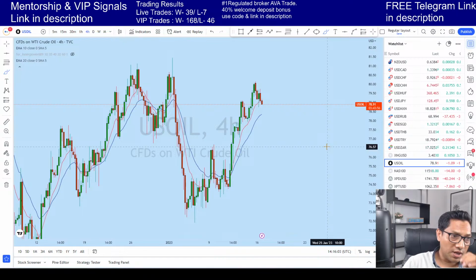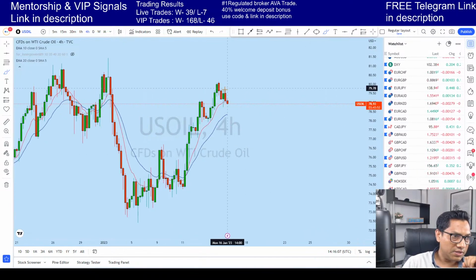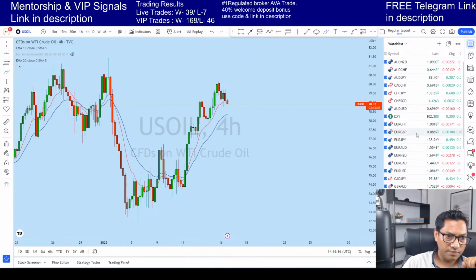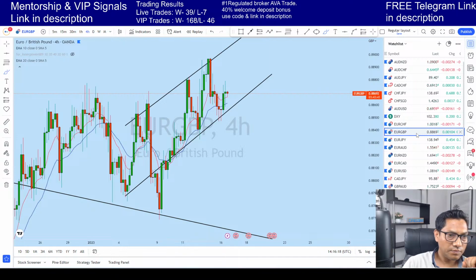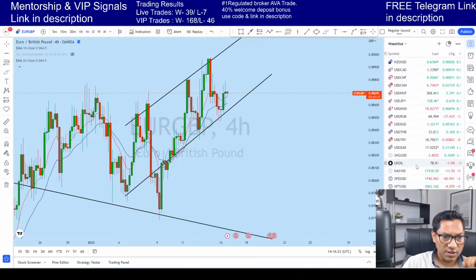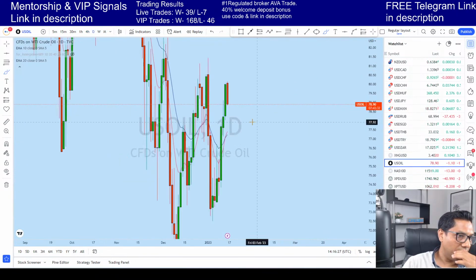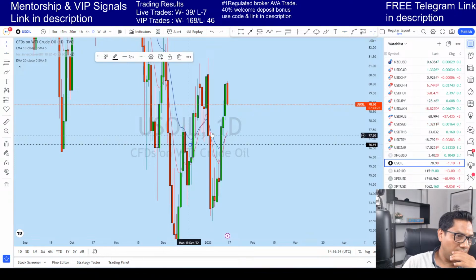So US oil looks like that. Yeah, it looked bearish. US oil, this is a bearish candle, so US oil could suddenly drop. In all of them, I'll say that US oil is a good fit for selling, because this price could at least come back to this level.